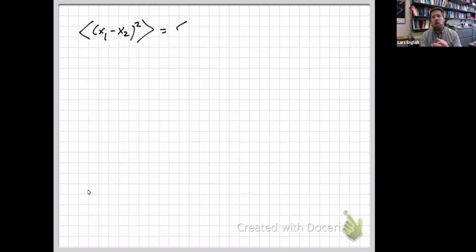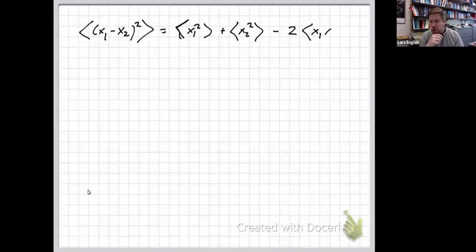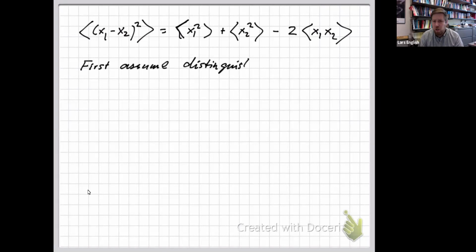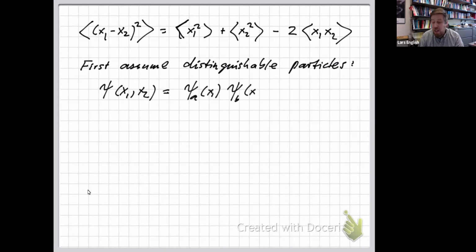Okay, so we already said we're going to do it this way, right? We're going to tackle it in 3 pieces. And we also assume that the state that we're taking these expectation values with respect to is, first, we're just going to look at the distinguishable state. Sometimes the book will use the subscript D here for distinguishable. So first, we're going to try to evaluate this for 2 distinguishable